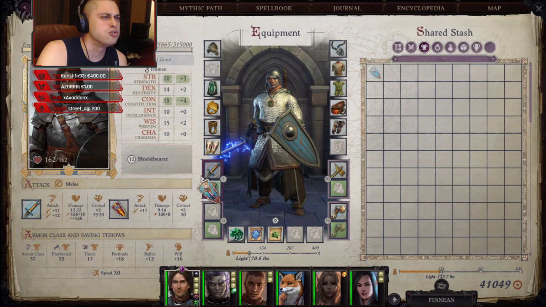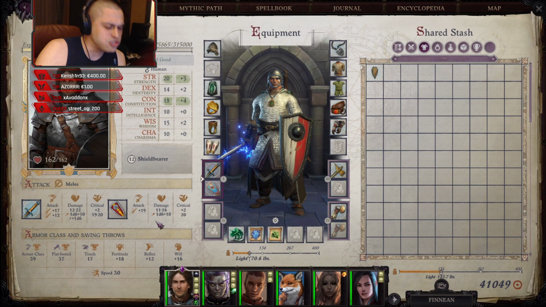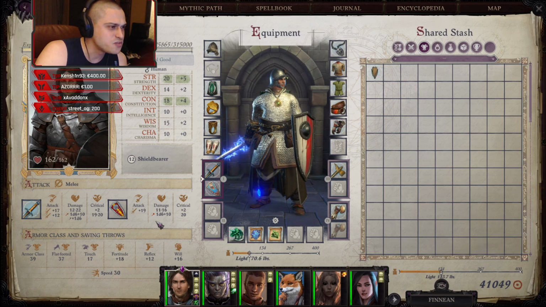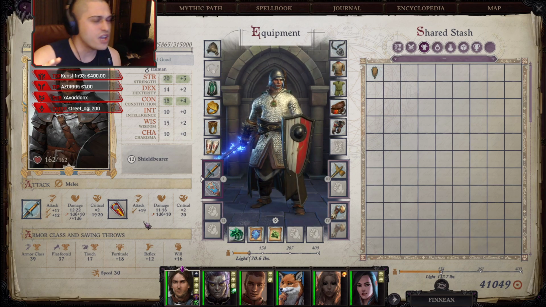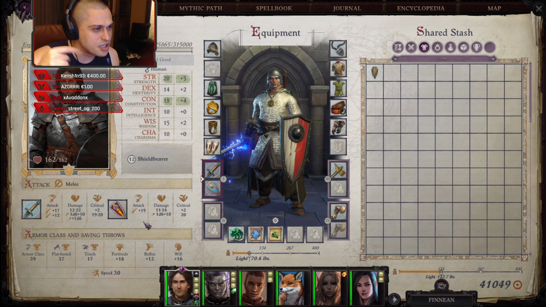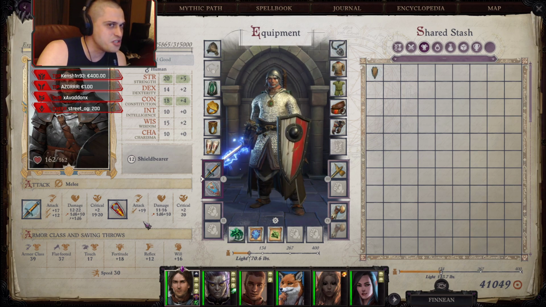That's such a huge boost. My offhand deals more damage than my main hand. You can only do it with a shield bearer. No other class can do this. You get a full defense from a shield, and your shield will deal more damage than your weapon. Only with a shield bearer. This is like...